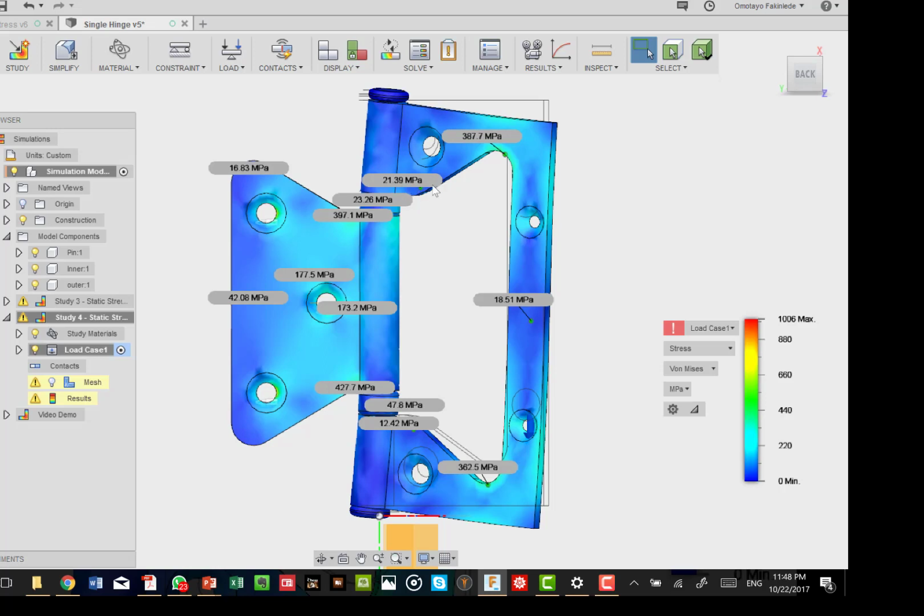See, whereas here is 21 megapascals, the area adjacent to it in inner is 397 megapascals. On the contrary, look here, we have 16 megapascals of stress at this edge here, which is very small. But see, the area adjacent to it in outer is giving us 387 megapascals. So this design, we can optimize in such a way as to reduce this stress loading and increase this to balance everything out. There are so many things we can see once you get to the analysis section, that a lot of redesign can be done.